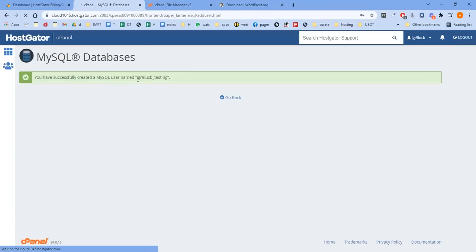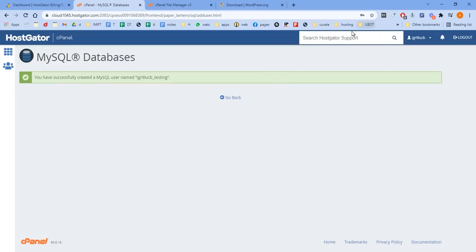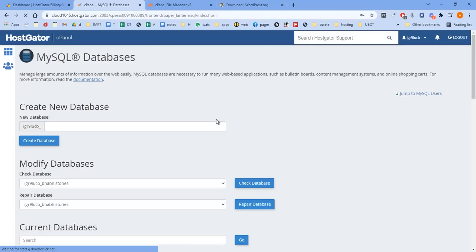Okay, the user is also created, so we can copy this and save it here. And the password we already know, 123456, a very simple password, but you have to make sure that you use a very difficult password. You can also use a password generator. Okay friends, now we have created a user for our database, but still we cannot use the database because